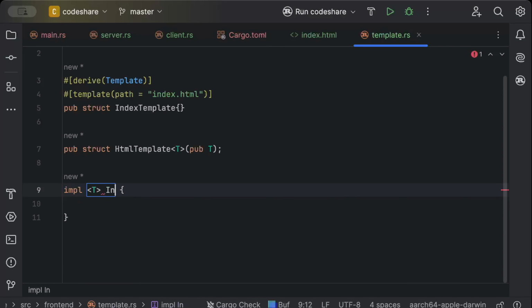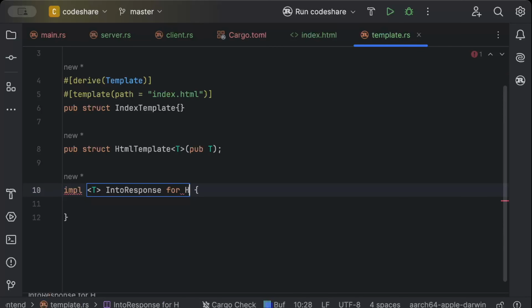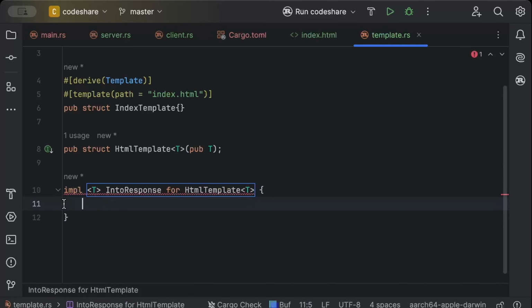So IntoResponse for HtmlTemplate<T>, and then we'll implement the member,